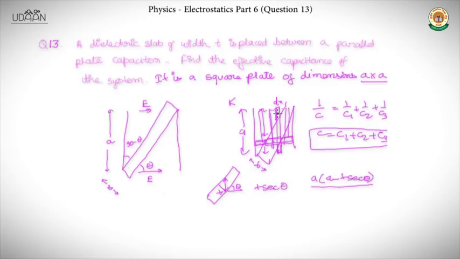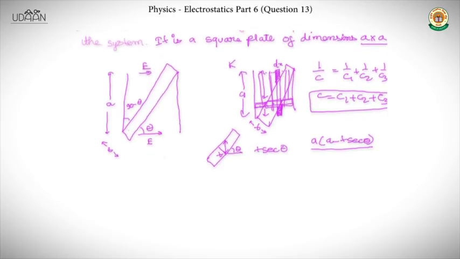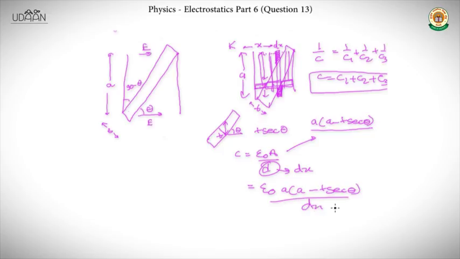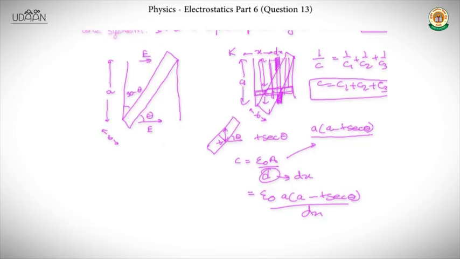This is the area of the small element corresponding to the non-slab part. Since the two parts are in parallel, we can simply add the capacitances. Capacitance is given by epsilon naught A by D. Here D is actually dx, a small element, and A is equal to, as we have already written here, the area. This gives us epsilon naught A into (A minus T secant theta) upon dx. Now the capacitance of the slab part,